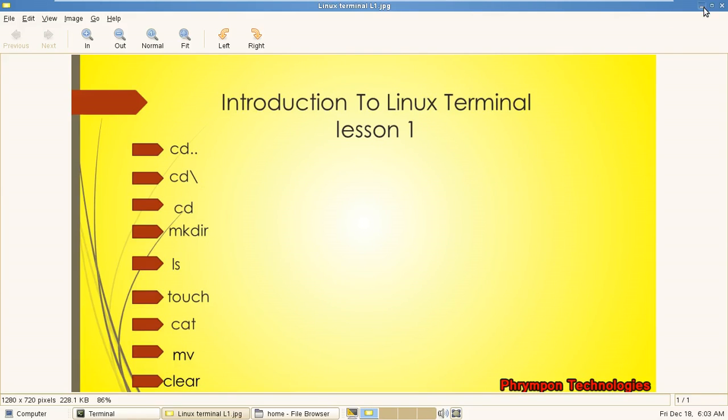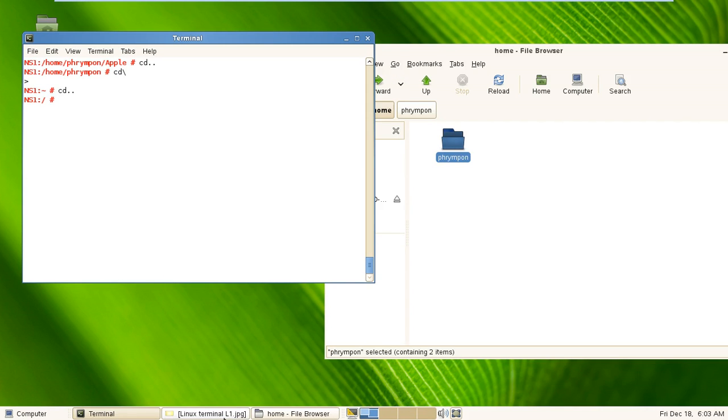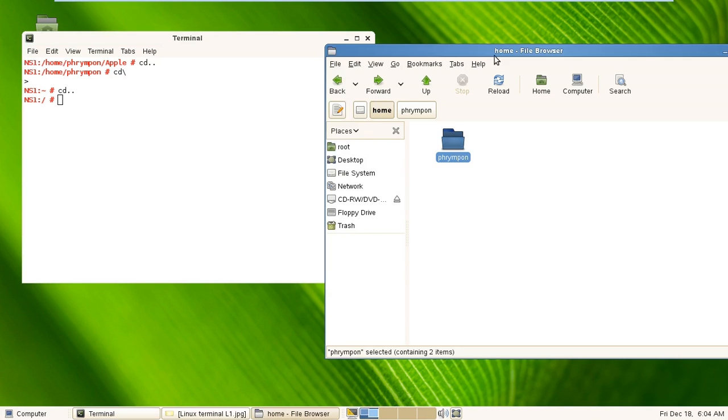So the mkdir is used to create a folder or a directory. So if you want to create a folder, you can use the mkdir to create that folder. So we are going to create a folder, but before we create the folder,